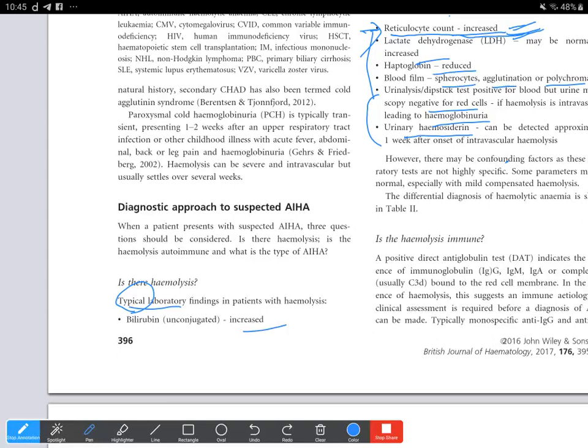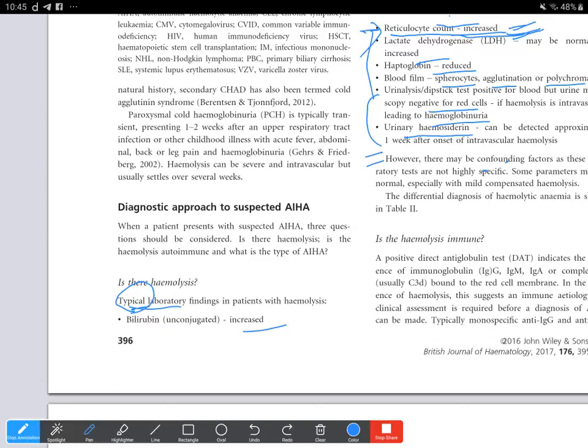Also with hematinic deficiency, whenever there is stress on the marrow, the retic count may show reticulocytopenia due to underlying hematinic deficiencies of B12 and folate. And then the findings of LDH being elevated and haptoglobin being reduced can also be present in other liver diseases. So basically, this is the typical finding, but there will be atypical findings that we need to take into account, and there will be confounding factors.